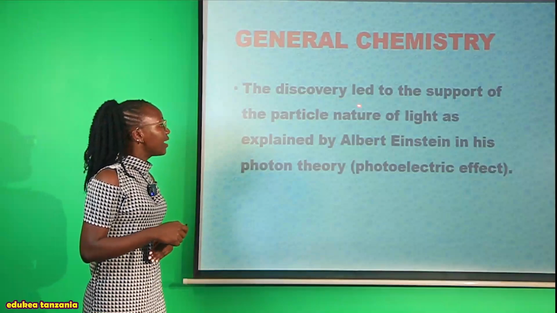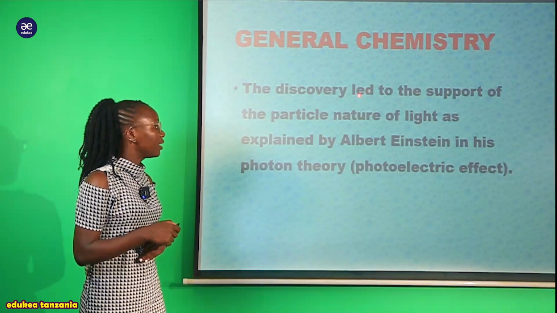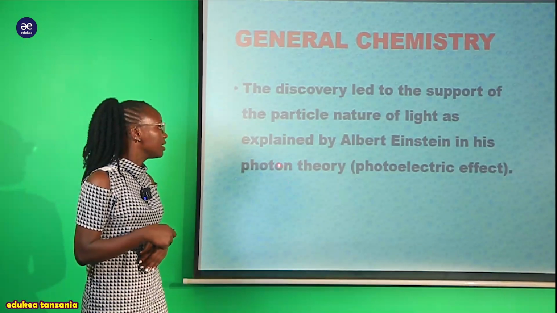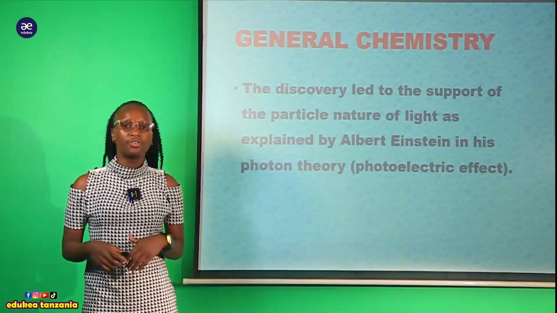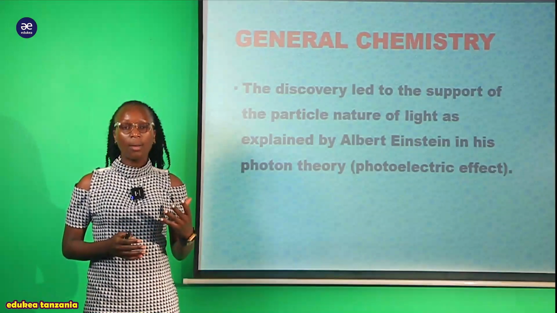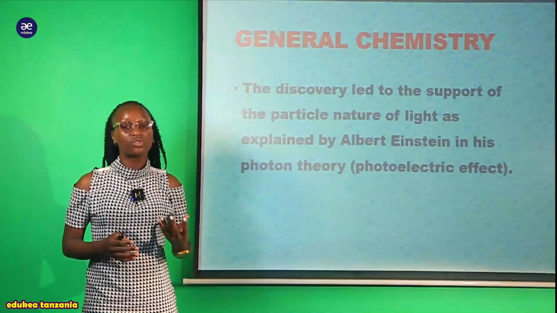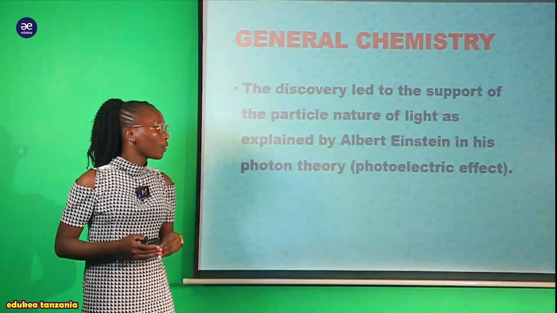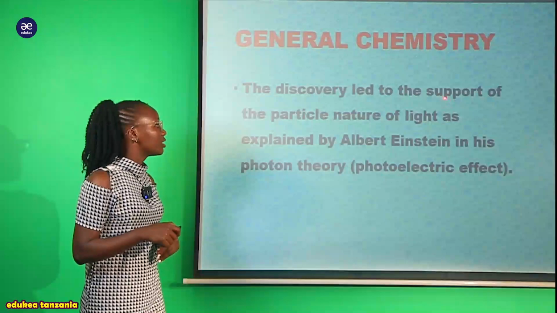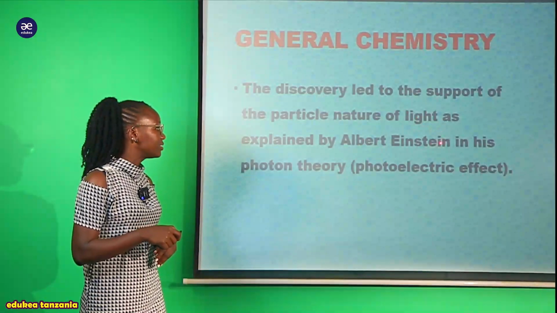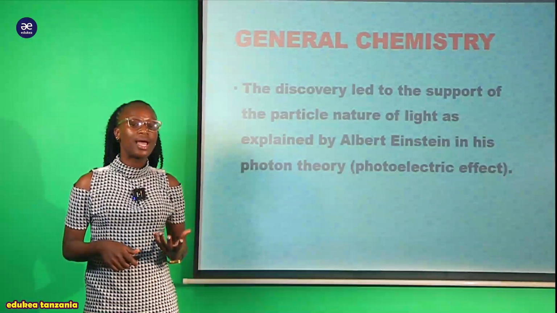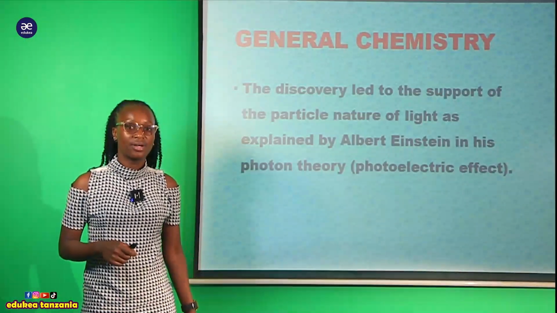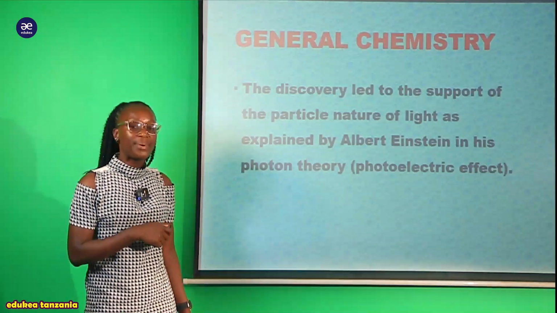So the discovery led to the support of the particle nature of light as explained by Albert Einstein in his photon theory ambayo ni photoelectric effect. Kwa hiyo tunaona kwamba every scientist tries to come up with the idea depending on the different experiments which are conducted. Kwa hiyo tunaona kwamba the discovery led to the support of the particle nature of the light as explained by huyu Albert Einstein. Naye alikuja na yeye pia na assumptions zake au na idea zake, naye alijaribu kufanya discovery ambazo zilisupport this particle